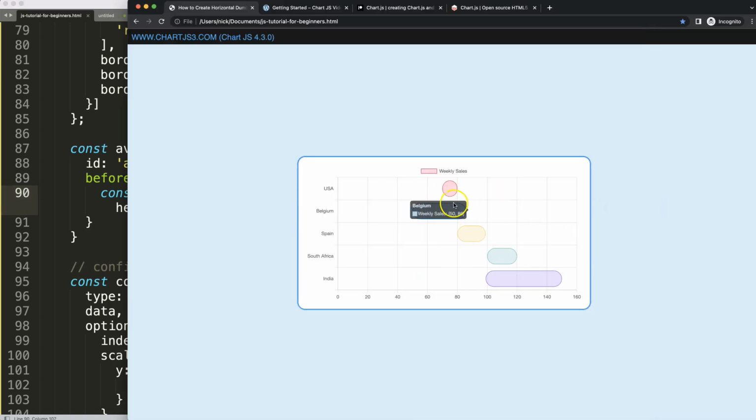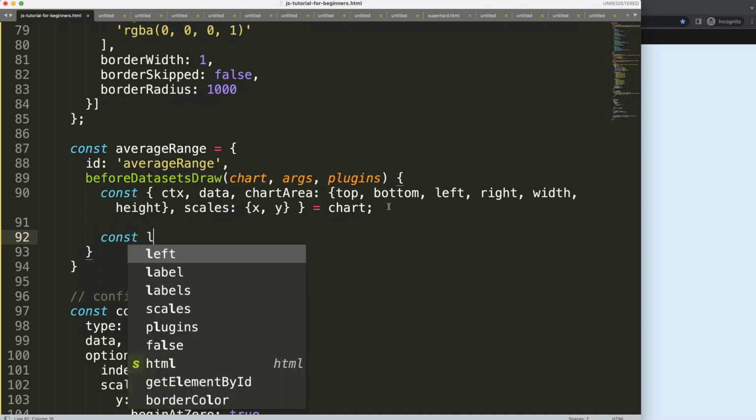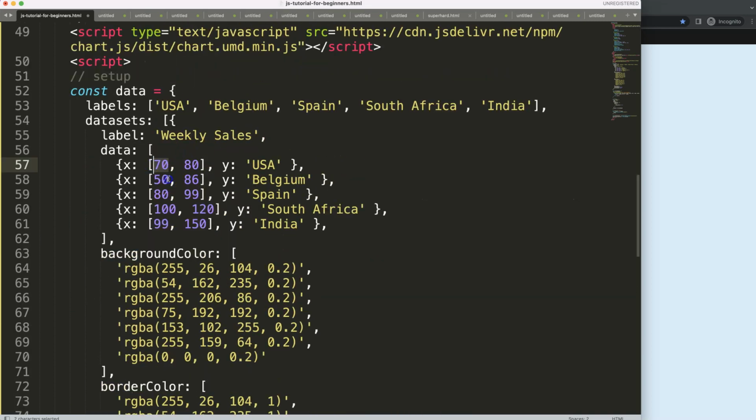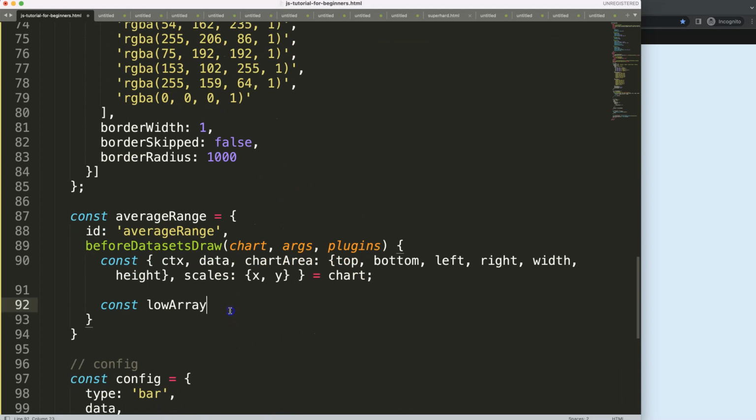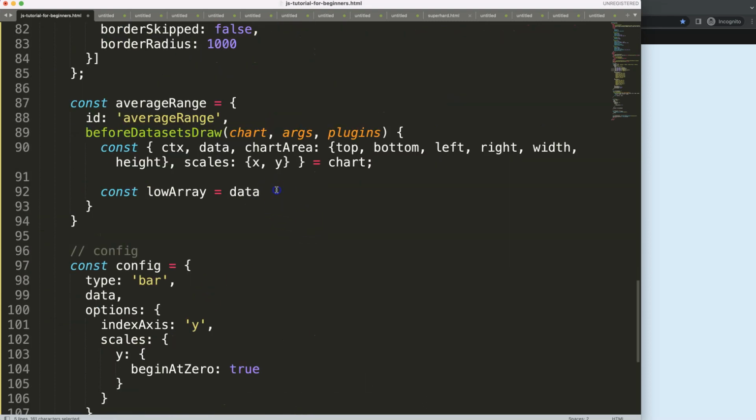What I want to do now is get the values that we have indicated here. You can see these values here are all being indicated, but we need to create an array out of it. So let's do a constant, and we're going to say lowArray, basically the lowest value. I want to extract all of these and put them in their own array nicely. So it's lowArray equals, and then I'm going to use here the object destructuring. I start with the data, which allows me to go into this area here, that's what I want to extract. So I say data.datasets index 0 .data, and then I'm going to use the